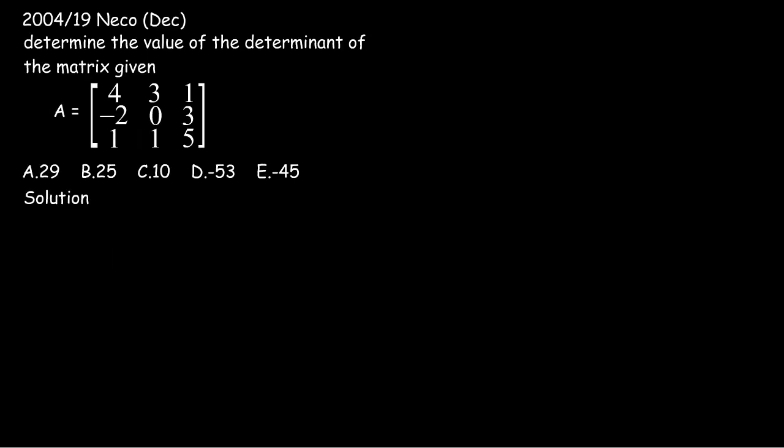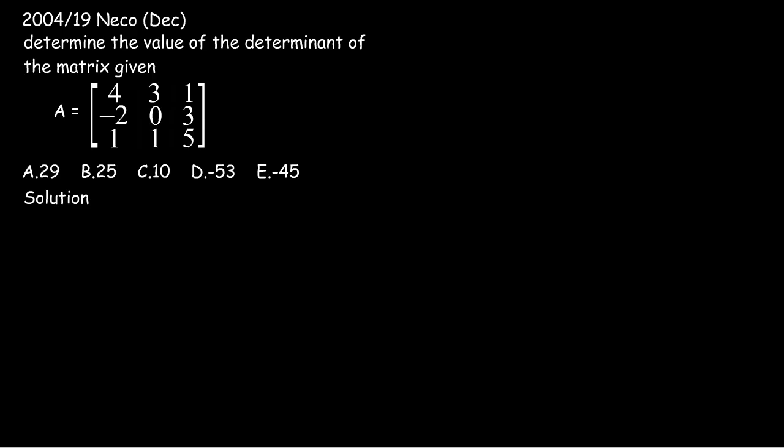Now we have another question from NECO. It said determine the value of the determinant of the matrix given. A is equals to matrix 4 3 1 minus 2 0 3 1 1 5. Now as you can see, this is a 3 by 3 matrix,